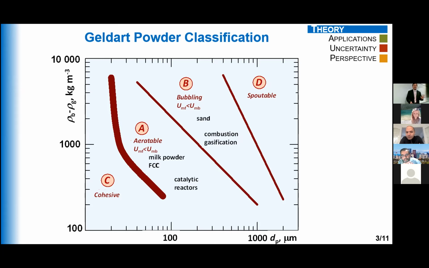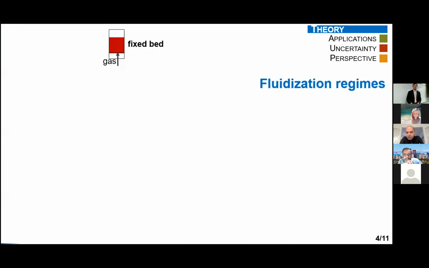Then sand is bubbling type. Wheat, coffee beans, drying is for spoutable. And then you've got the cohesive flour and cement. So these are the range of different particles that you're talking about when we now go in terms of fluidization rates,